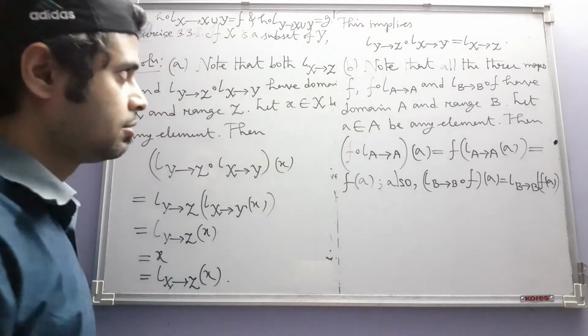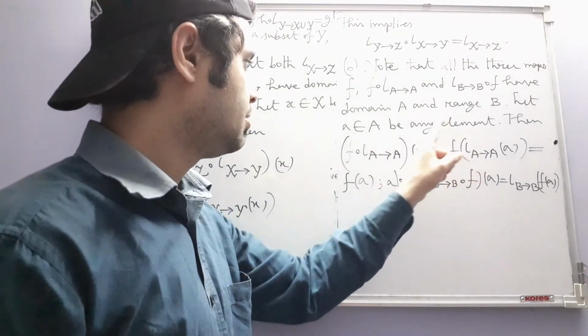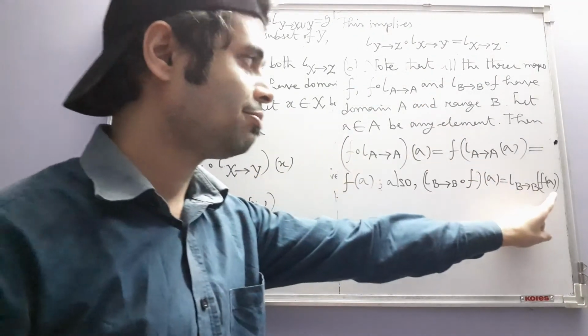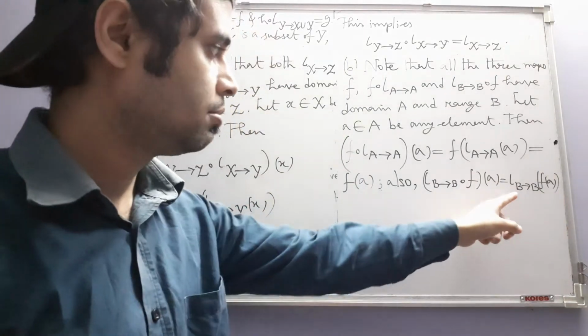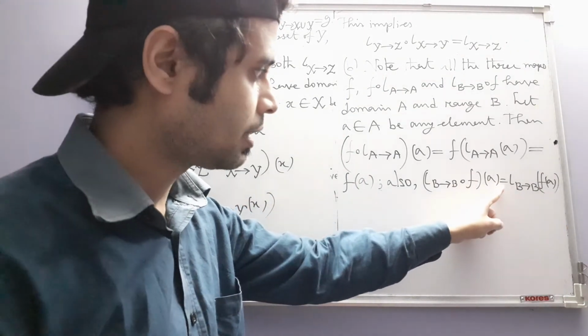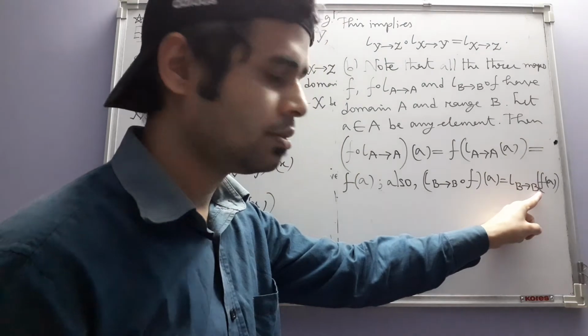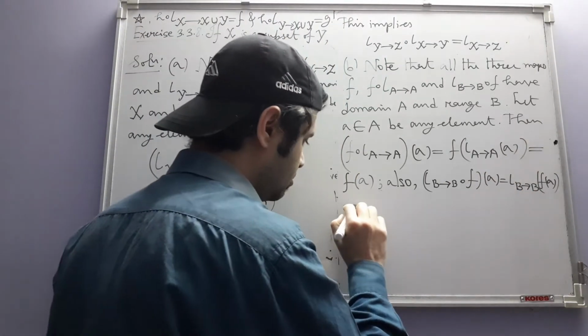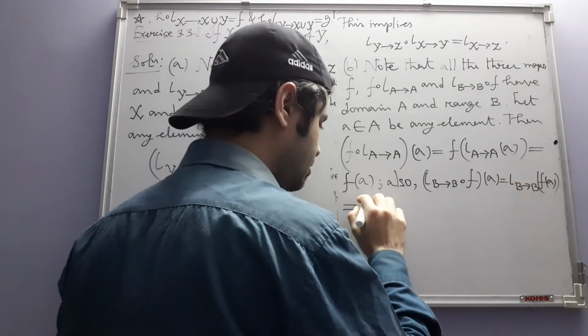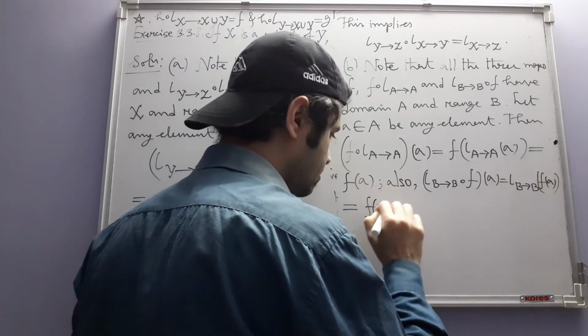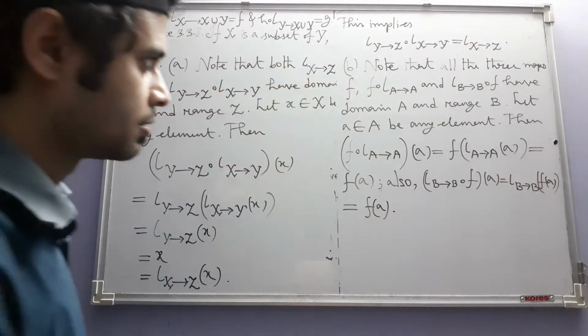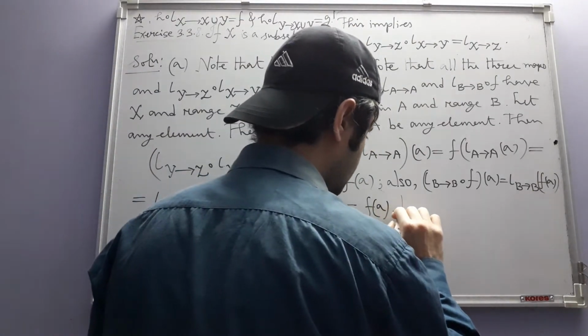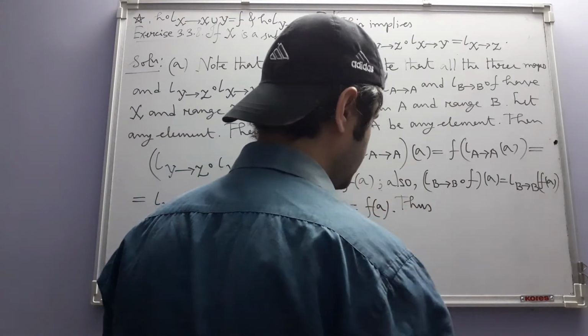Okay, now since A is any element in A, FA is any element in the set B, and this iota B into B is the identity map on B. So it maps FA onto itself. Okay. Thus,